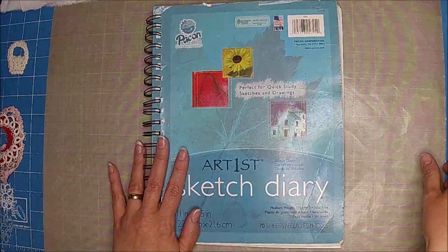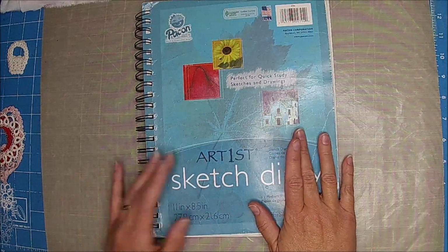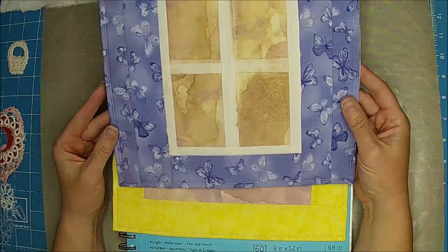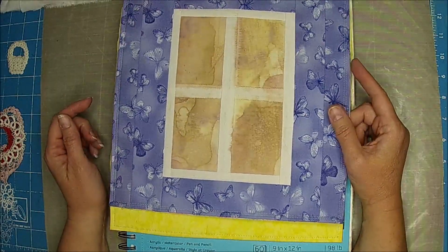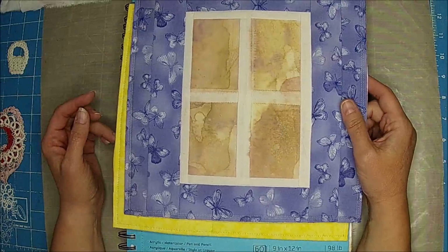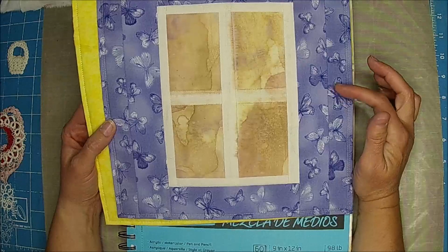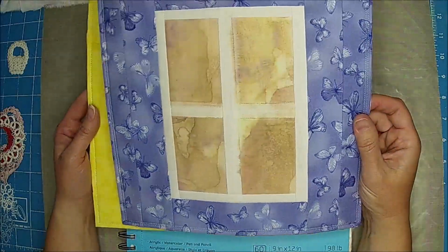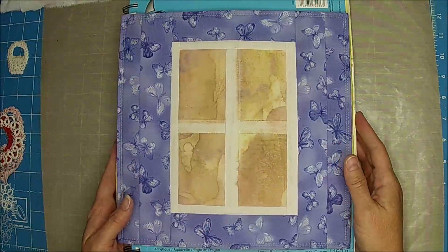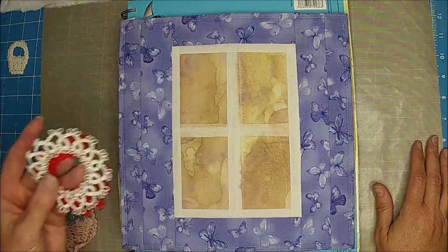I'm fixing to start working on watercolor with Lindsay, and I need to make a couple more. I need to do that other TN. So that'll probably be my junk journal project while Clint's doing the maple leaf. What's the red? Oh yeah. While Clint's doing the maple leaf, I might go ahead and get my TN finished. That's out of the other cover out of this. And I guess that's all. I just wanted to kind of give you guys a rundown. But yeah, if you're interested in any of these projects or any of these really fun stuff,